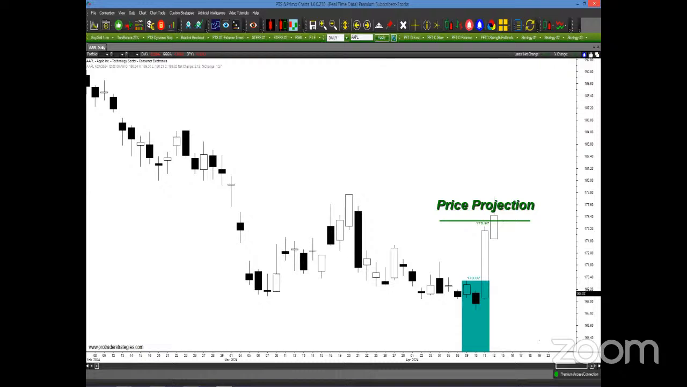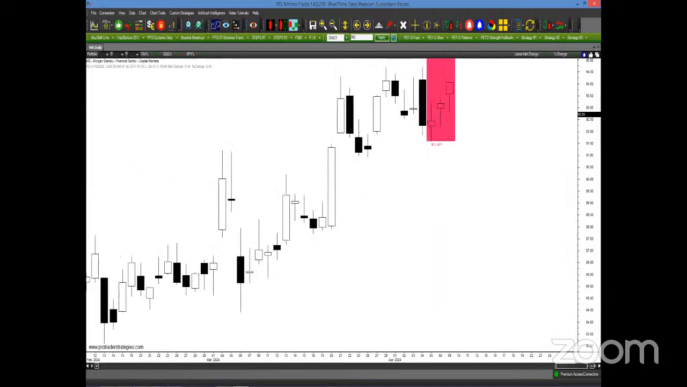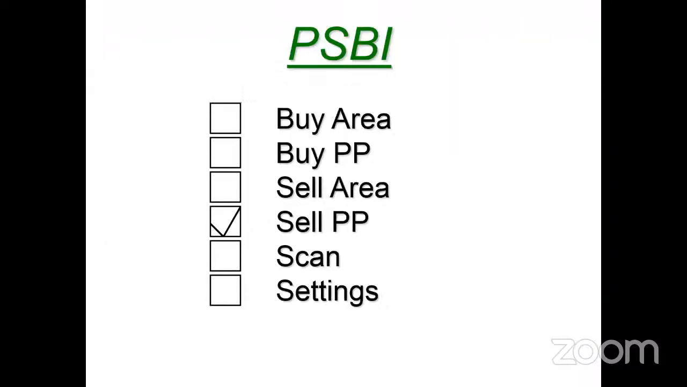Lots of different ways to employ it. But look what happened after that. Came straight down. Here's another example. Here was a sell entry. Same process applies. Click on PSBI, and since it was a PSBI sell signal, you would simply hit sell PP,